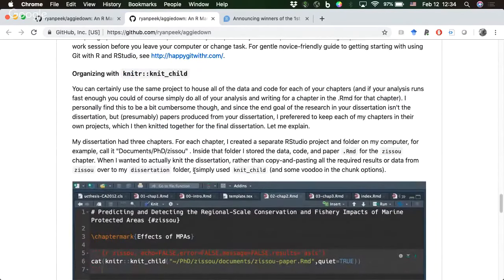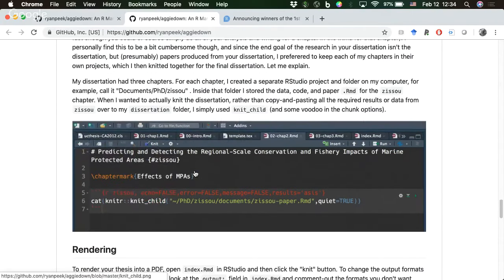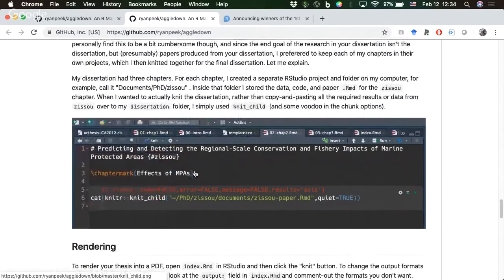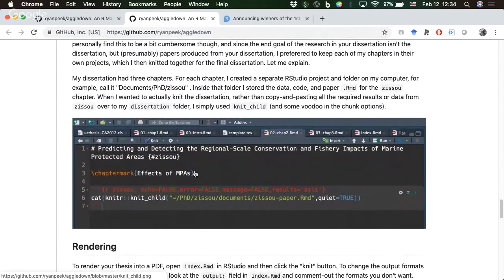Each chapter is in its own project and its own folder on the computer. And inside that folder is all the data, the code, for that paper, right? If we're all writing a chapter as a paper, what's neat is when you get to the RMarkdown or the aggiedown package for this chapter, they